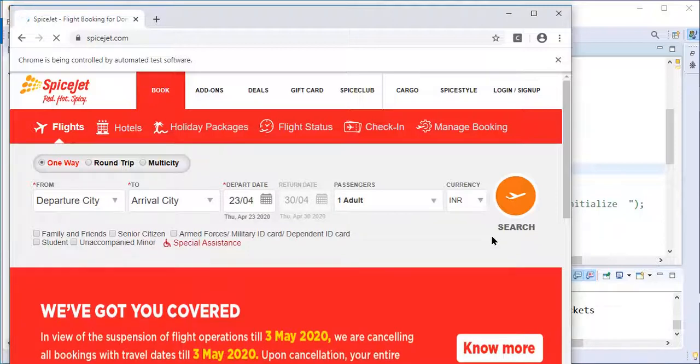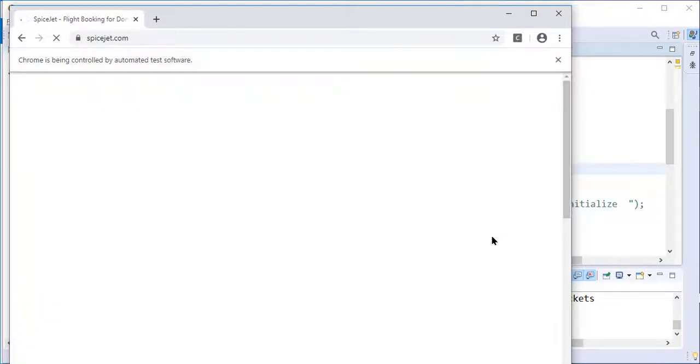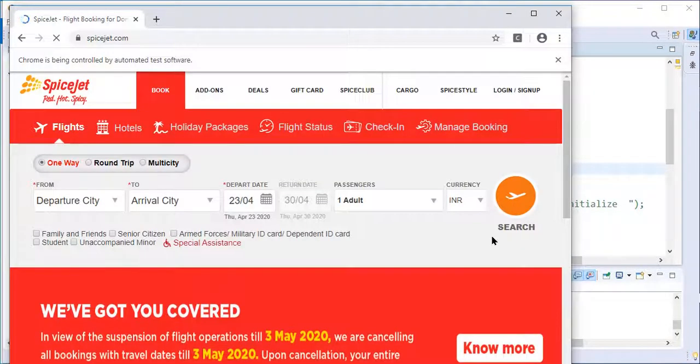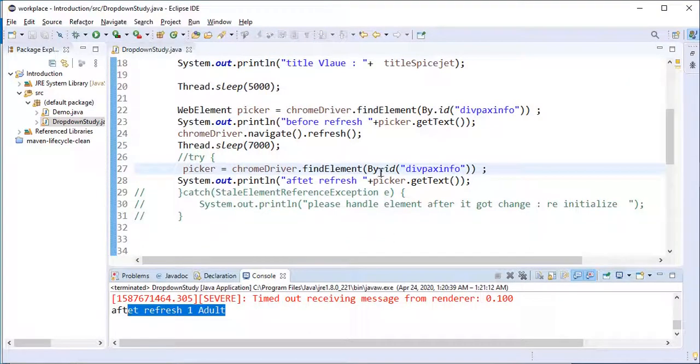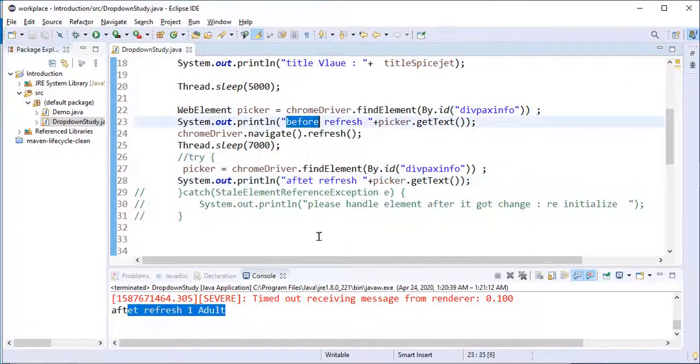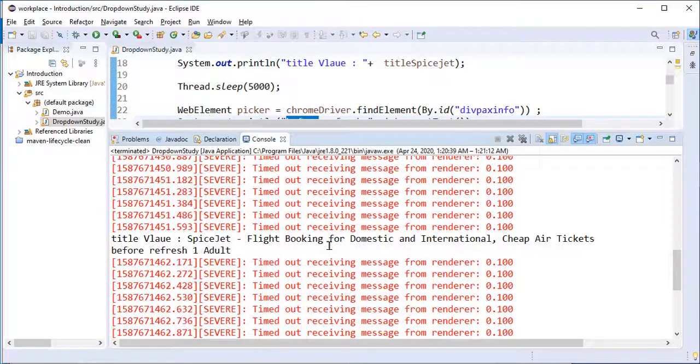The first time it is identified, then it refreshes the page, and after the refresh it identifies that element, and the browser gets closed. You can see the browser is working after the refresh. This one is printed over here, and this is before the refresh.